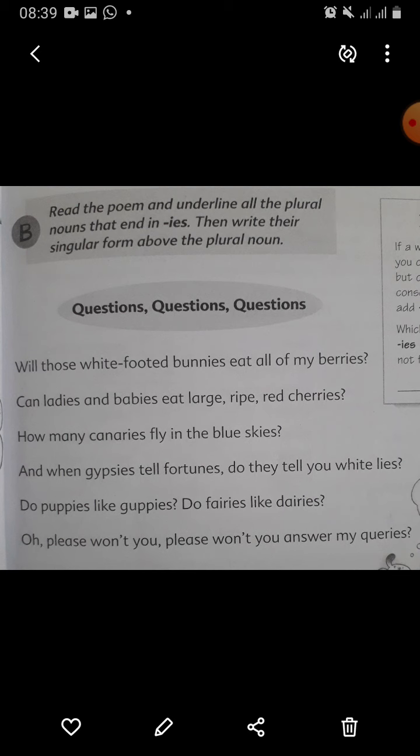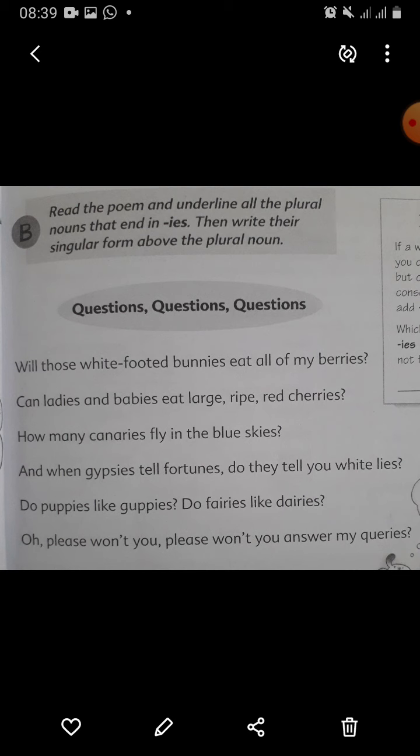How many canaries fly in the blue skies? Canaries will be changed into canary and skies into sky. And when gypsies tell fortunes, do they tell you white lies? Gypsies will be changed into gypsy and lies into lie.